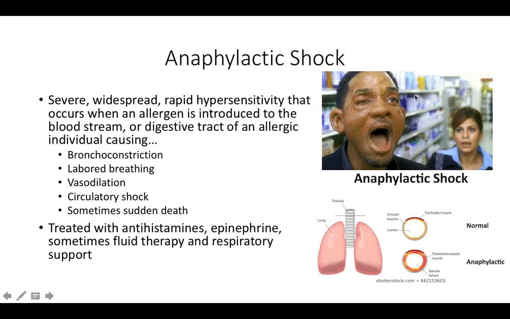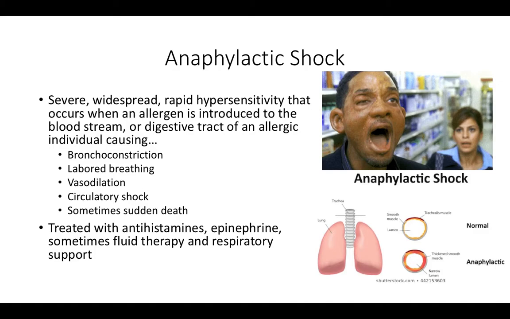Anaphylactic shock, I don't know if anybody's seen the movie Hitch, but this is a scene from that movie where he is having an allergic reaction to something that he ate, I believe. So anaphylactic shock is a severe, widespread hypersensitivity that occurs really quickly when an allergen is introduced to the bloodstream, and that could either be through the digestive tract or to the bloodstream in some way. So it can result in bronchoconstriction, which we see in this picture down here. Here's a normal airway, and here's a constricted airway under anaphylactic shock, which obviously can result in labored breathing. And then other things that we already talked about, like vasodilation, so maybe you get really red,